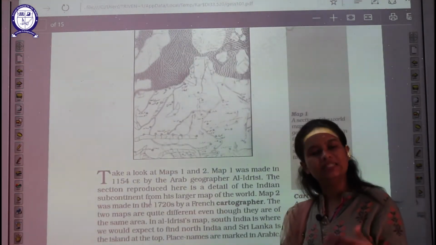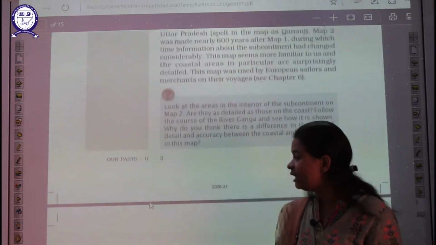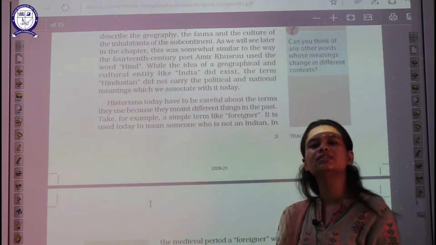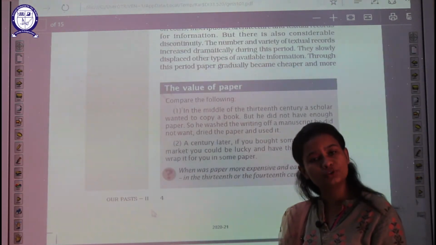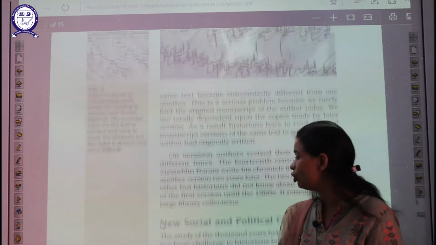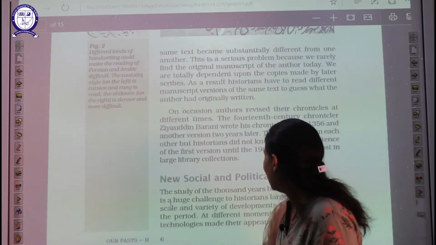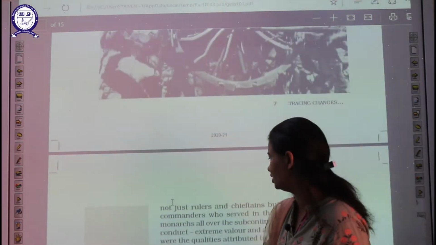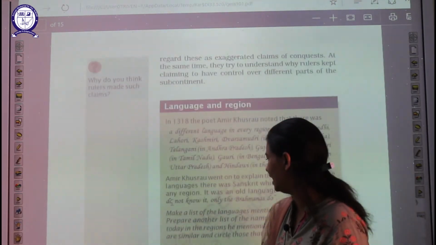So students, this is what I told you: how people started worshipping, how people started practicing different religions, and involving themselves in different holy books. Like in the case of Muslims, I told you that the Quran is there. If we talk about Hindus, the main holy book is the Gita, and many other holy books are also there. Thereafter, students, let's have a look at what comes next.